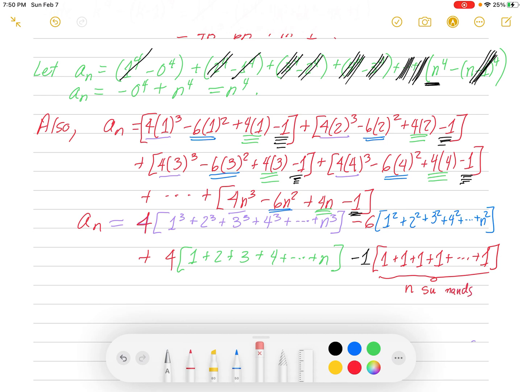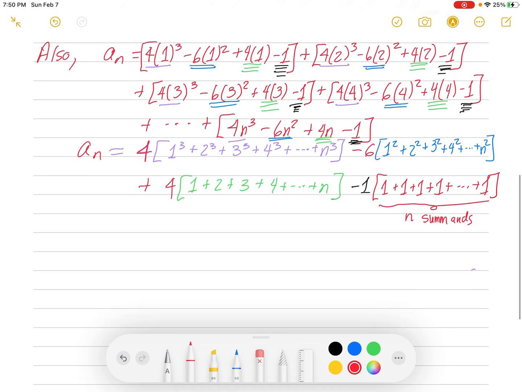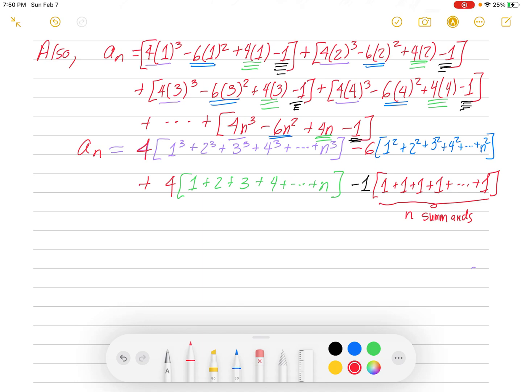Did I spell summands right? Let me spell it better. This pen, everything kind of goes together. N summands. Now, that's another name for a_n. So we have a_n is 4 times